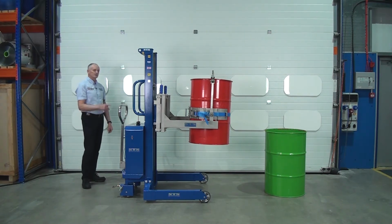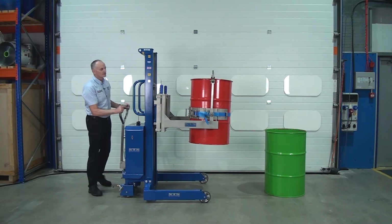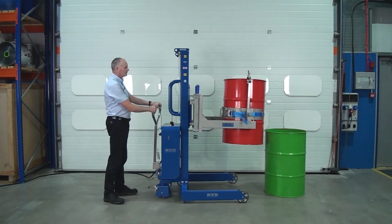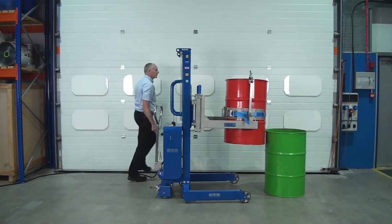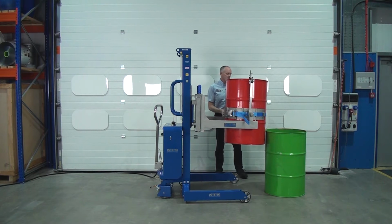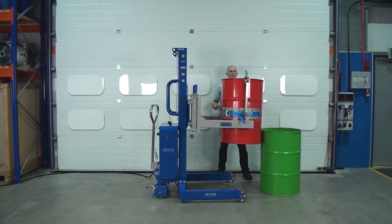Next thing we do is push the unit forward to the drum. Then the rotation gearbox is on this side here. So as we wind the handle,